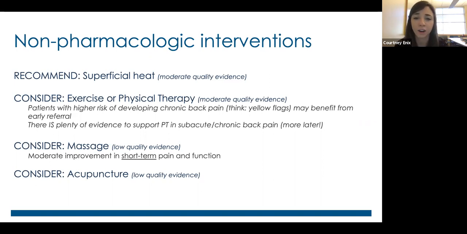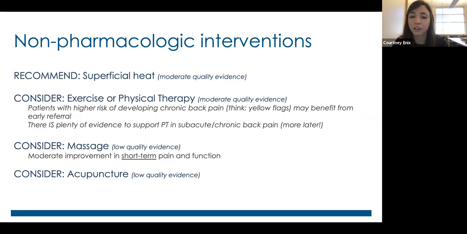Alongside that, I always think about ways that patients could harm themselves, even with very easy recommendations. Tell people to put a t-shirt or a towel between their skin and whatever really hot thing is being used. I don't want them burning their skin. You'd think that I don't have to say that, but I do. Some other things that you should consider.